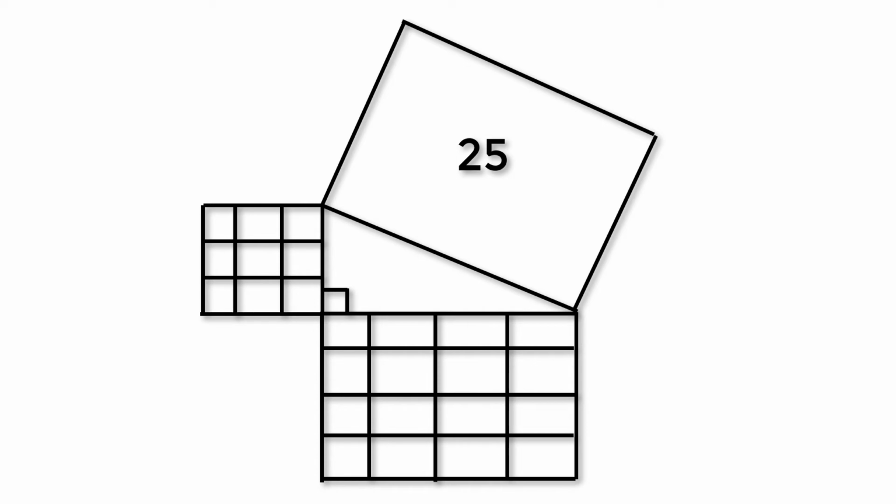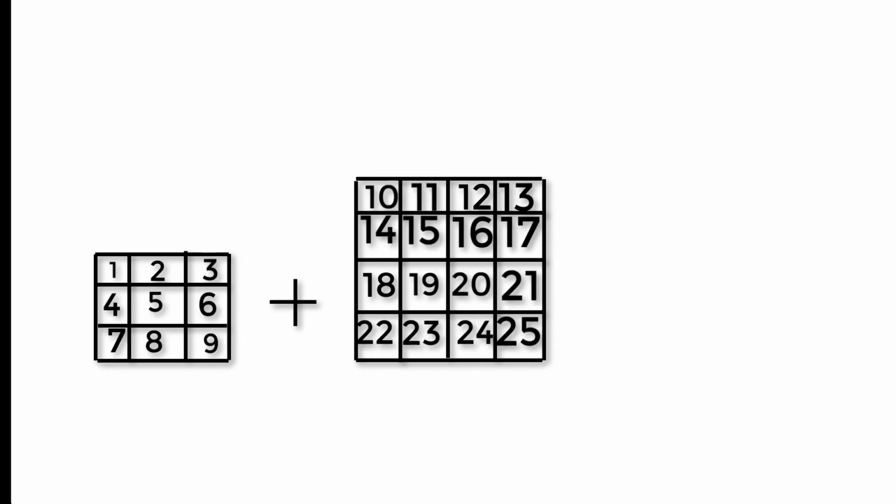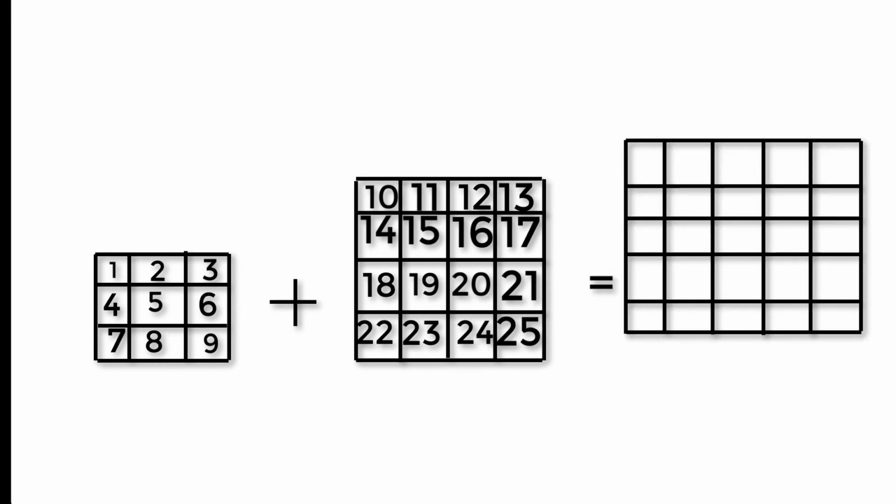But how do we get from here to solving for the hypotenuse? Well, we know that if we combine the first two boxes, they will fit into the third one. Watch. Therefore, our third square box must have 25 little boxes, and then its length must be the square root of 25, 5. This means the triangle is nothing more than empty space between carefully arranged and stacked boxes.